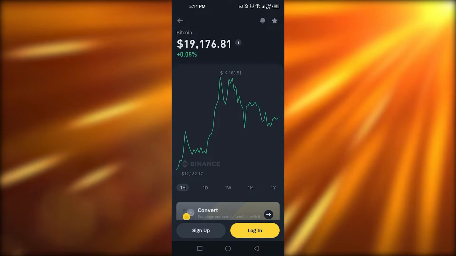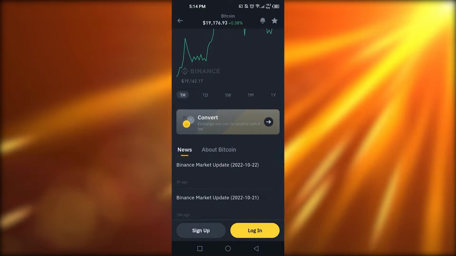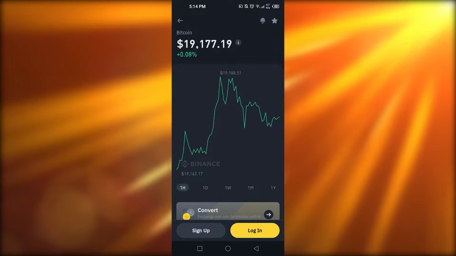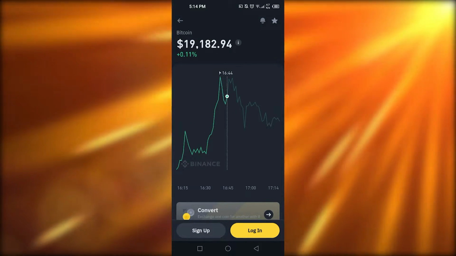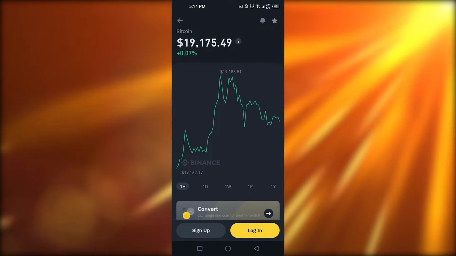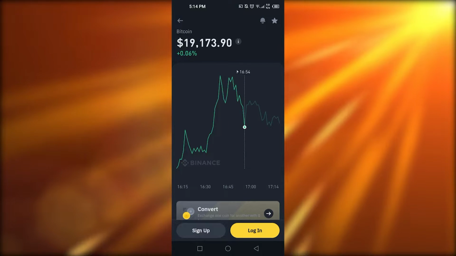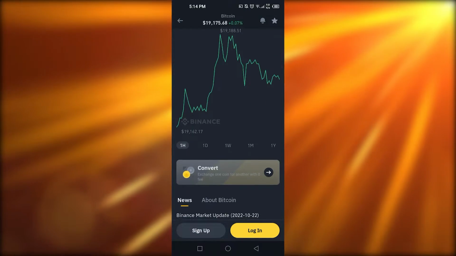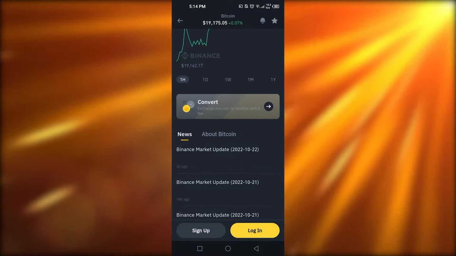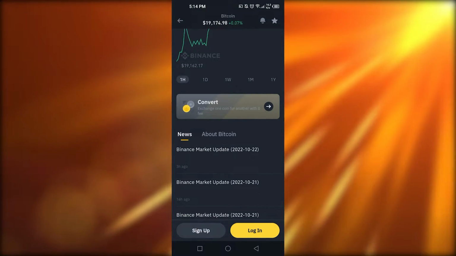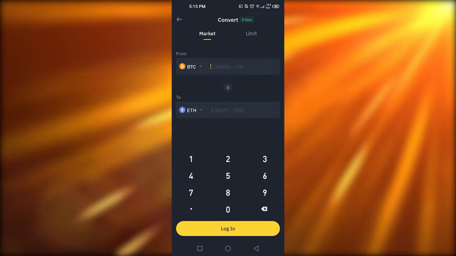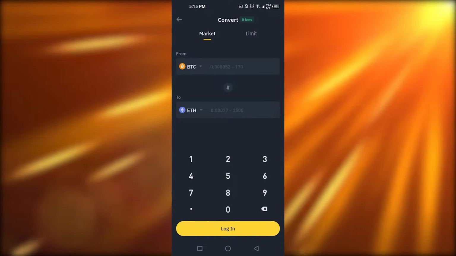You can see this is the live price at the time of making this video. Scroll down to check the news and about section of this. If you long press, you will be able to select a certain point where you want to mark and where you want to check the APY and the price. Similarly, we have 1 day view, 1 week view, 1 month, and others. If you want to convert, you will find the option right here. Click on convert, and it will take you to the convert option